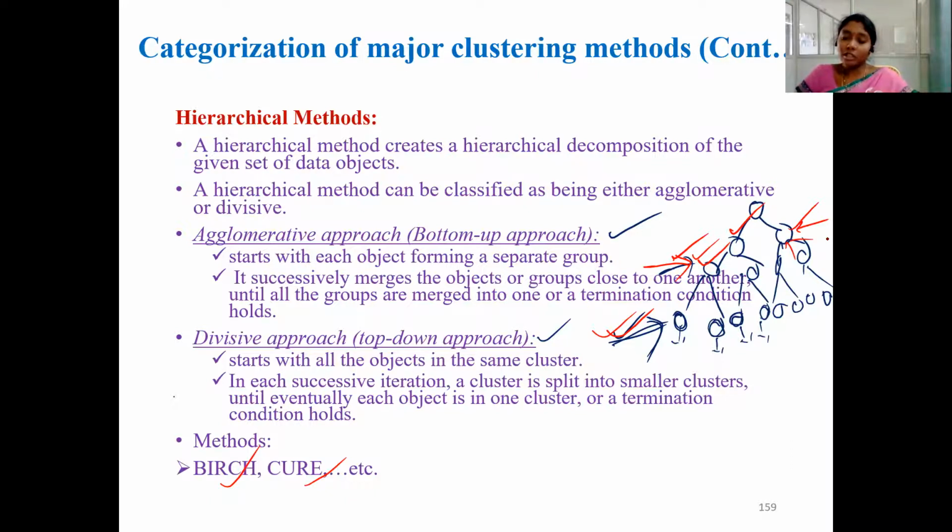So the scenario is that at each level, the clusters in the previous level are split into a larger number of clusters in the next level. That process is repeated until we reach the leaf node or satisfy certain criteria or conditions. So this is about the hierarchical method of clustering. We have agglomerative and divisive.